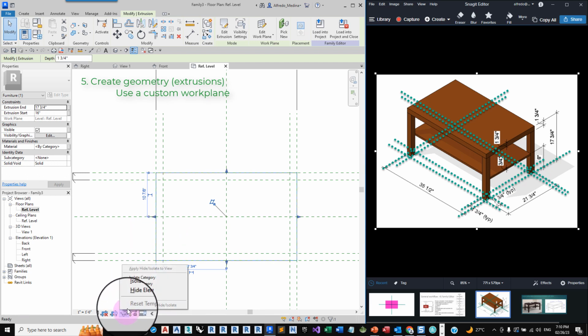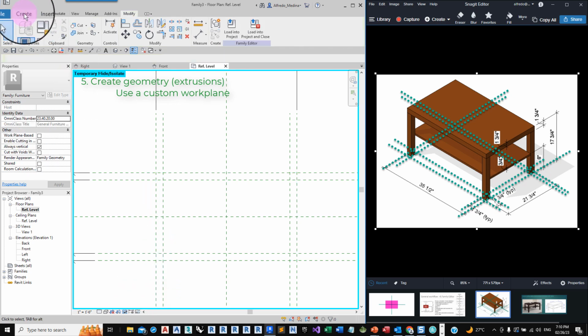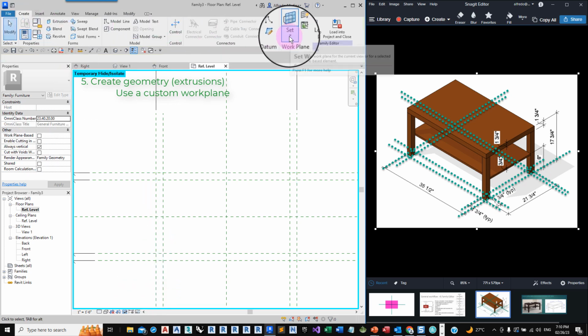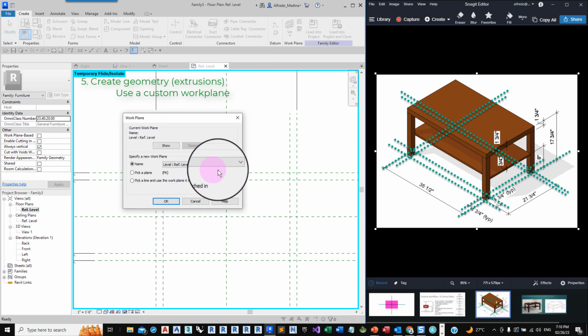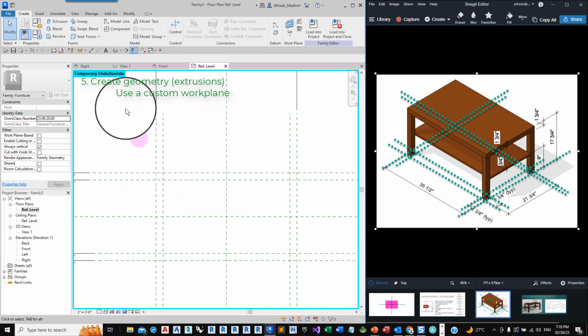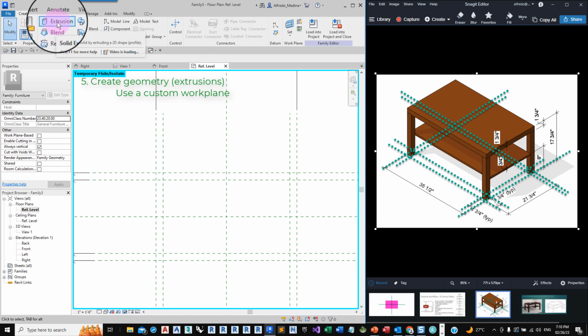Click on the extrusion, glasses icon, hide element, and then I do this: create, set work plane. And from this list, I select the bottom of shelf and click OK. Now I can do the other extrusion.